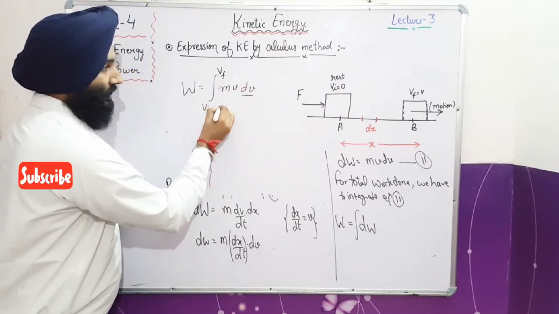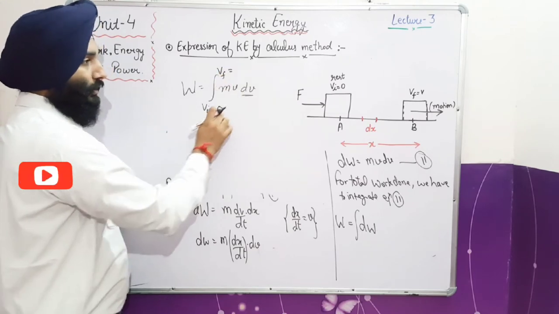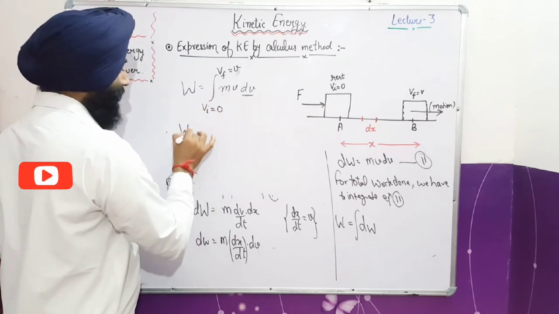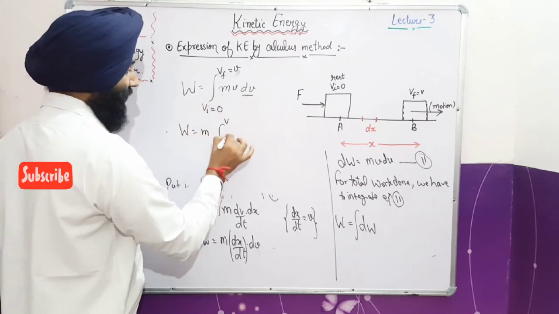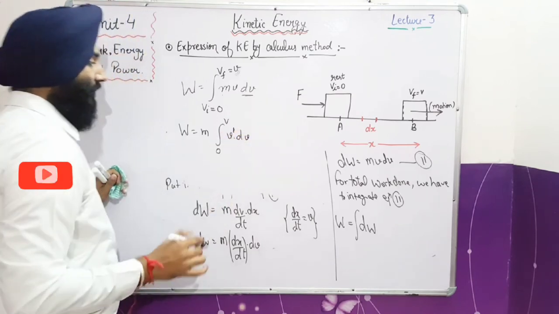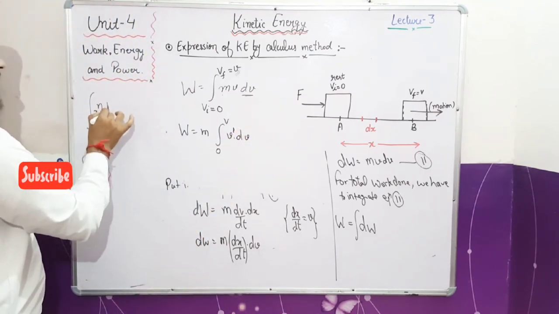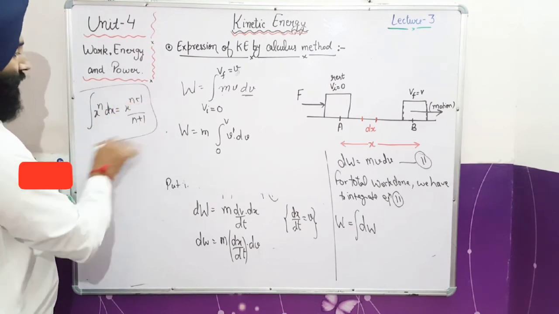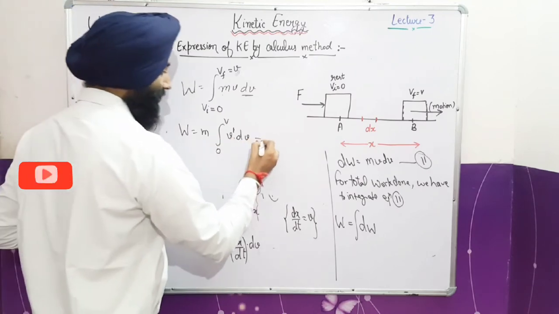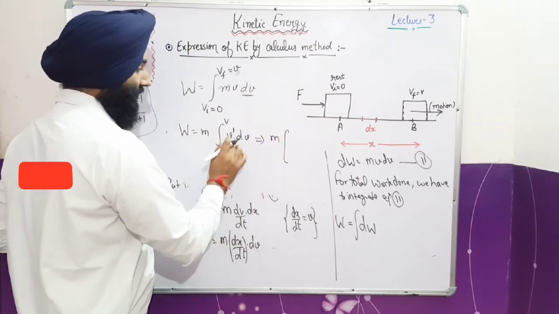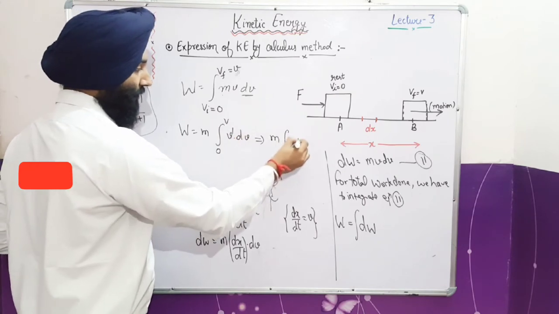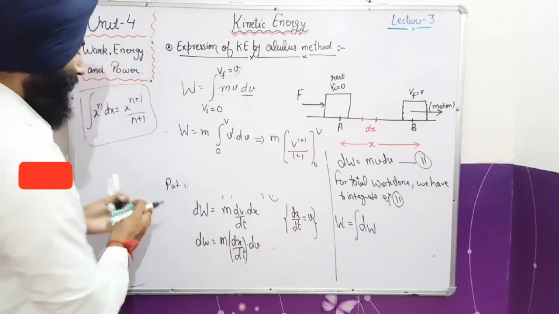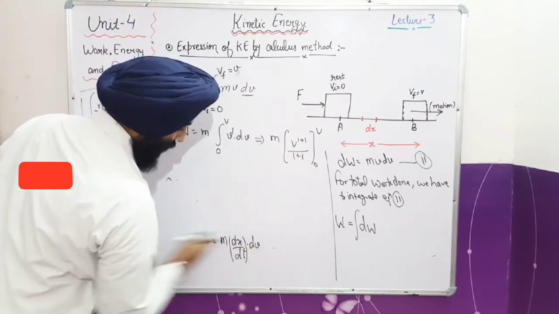So we know that the initial velocity limit is 0, the body is at rest, that's why initial velocity is 0, and final velocity is suppose v. Fine. So here m is constant, the mass of the body is constant, it will come outside the integration, 0 to v, v dv. Here the power is 1. So we know the formula of integration of x raised to power n dx, that is x raised to power n plus 1 upon n plus 1. This is the simple formula for integration of this type. So here I have m, and the value of n is 1, so v raised to power 1 plus 1 upon 1 plus 1, from limit 0 to v.